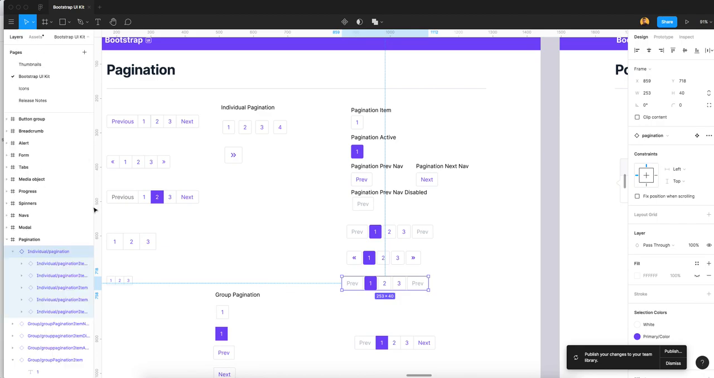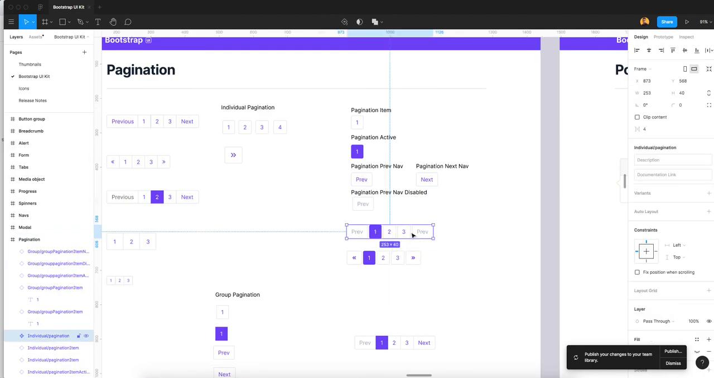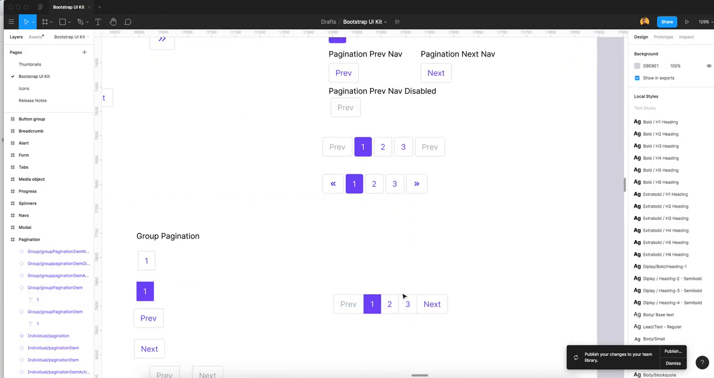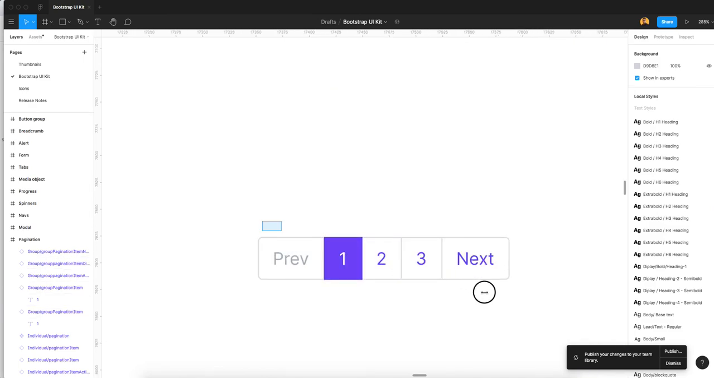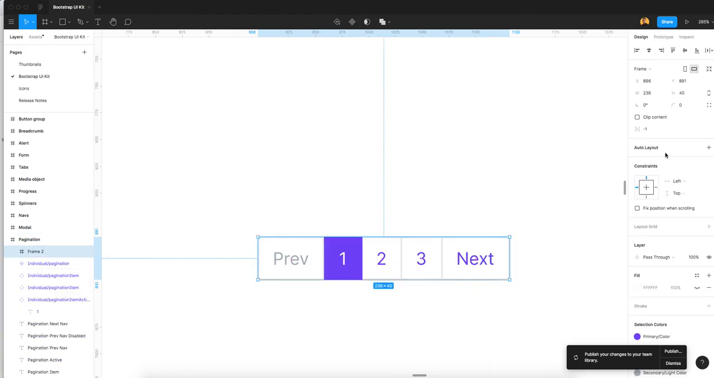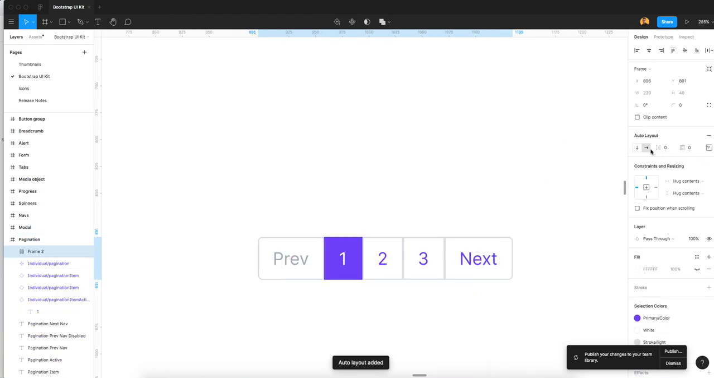For now I just going to delete as an instance here, and this will be your entire group of pagination, and this will be here also. You have a different pagination. Now you have to create one frame selection. This will be frame selection, and I will give it to auto layout. After giving the auto layout, I will give the name of group pagination